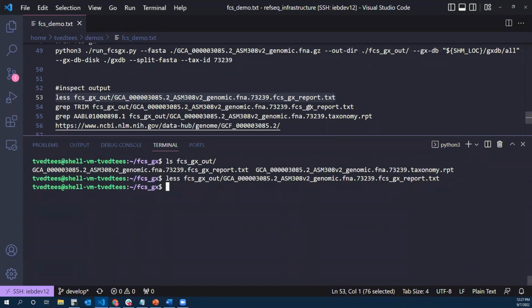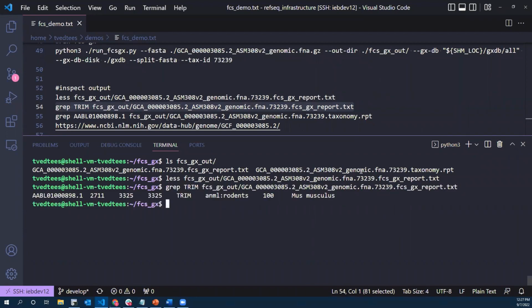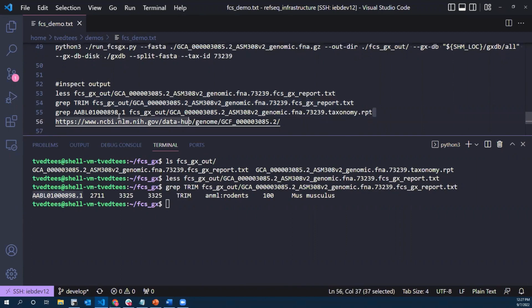Now you can use some parsing commands to look at more specific sequences of interest. So maybe I'm interested in that one trim call that GX suggested. So I can do a grep command to find that sequence. You could also use grep to find sequences corresponding to certain taxonomic groups, for example. So I have the sequence accession for this trim call, and now what I want to do is look at the intermediate file, the taxonomy report